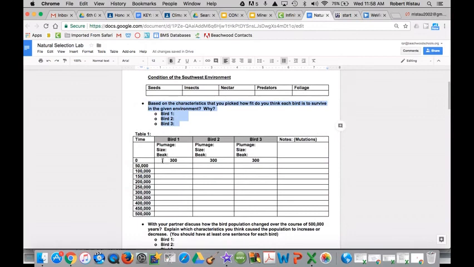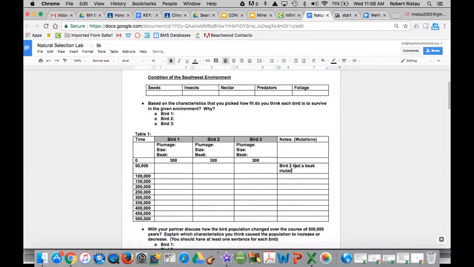Down on my chart, I now say how many birds the population is for each one. And notes are the mutation. So now I'm going to say which bird got mutated and what the mutation was over here. So it's something like bird 2 had a beak mutation that shortened